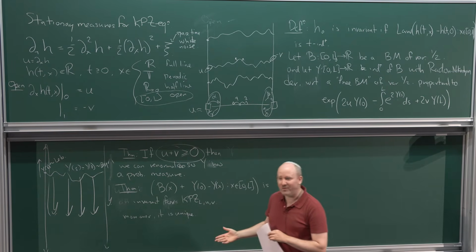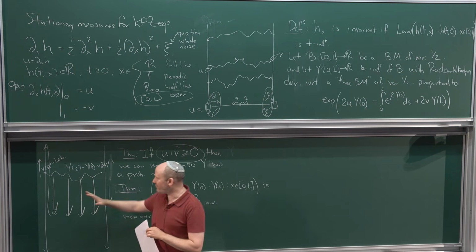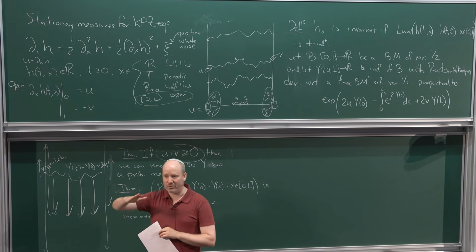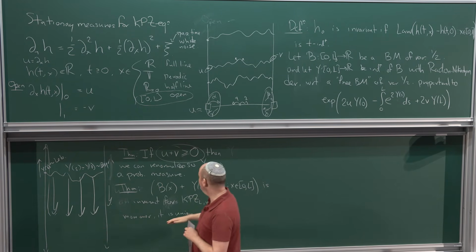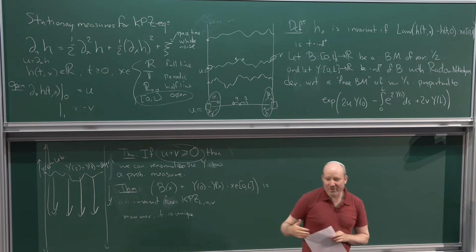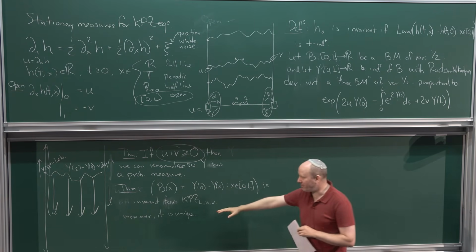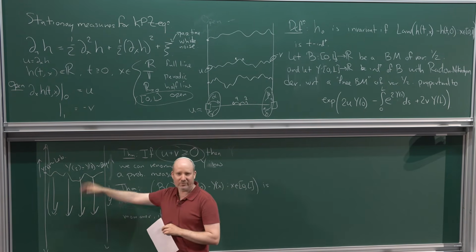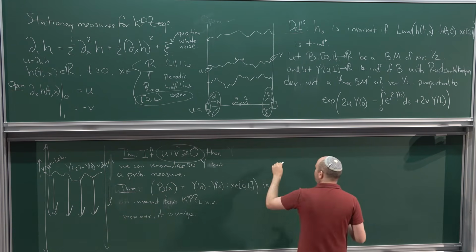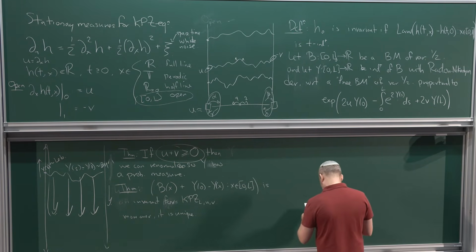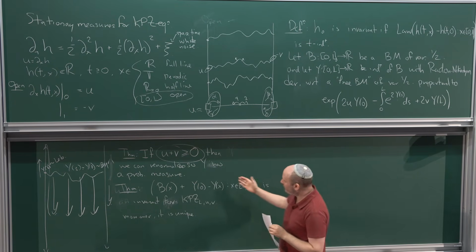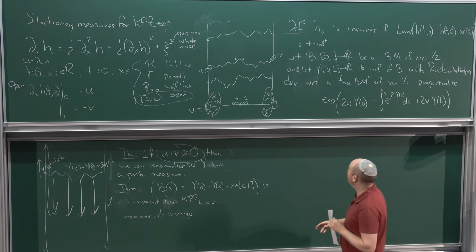It turns out when u plus v equals 0, the stationary measure simplifies considerably. It just becomes a single Brownian motion with slope u, or minus v, whichever one you want. But that's not at all apparent from this. The whole balancing act kind of goes away in that limit. And so there was a conjecture, which is now proved, that if you look at this measure,